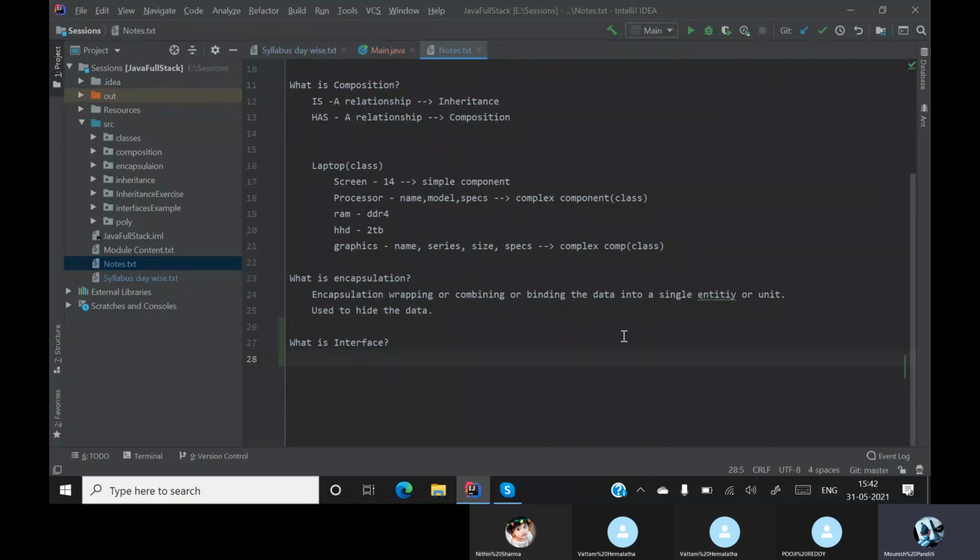No. Interface is a class which consists only of abstract methods. Okay. Now the next question is, what do you mean by abstract methods?